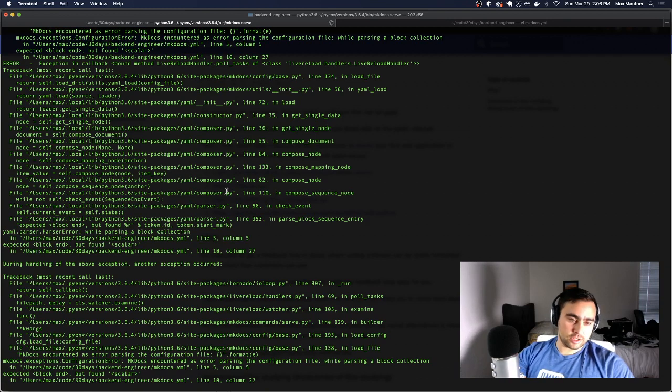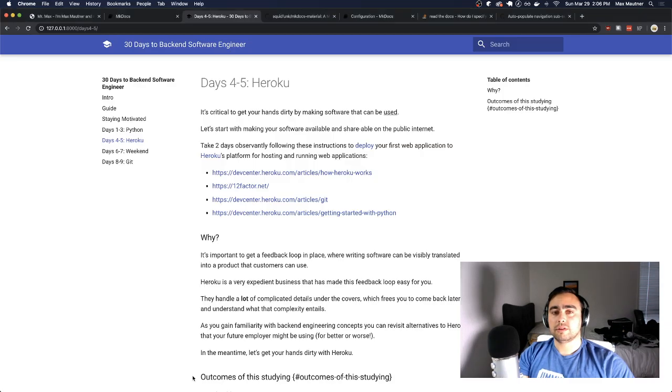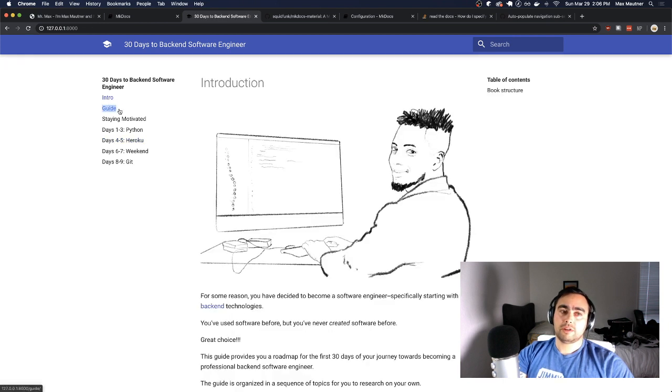Looks like I have an issue, which is interesting. Line 5 and 10 in MakeDocs.yaml. What might I be doing wrong? Missing colon. There we go. Cool. So at the end of this, we're going to no longer have a guide, and